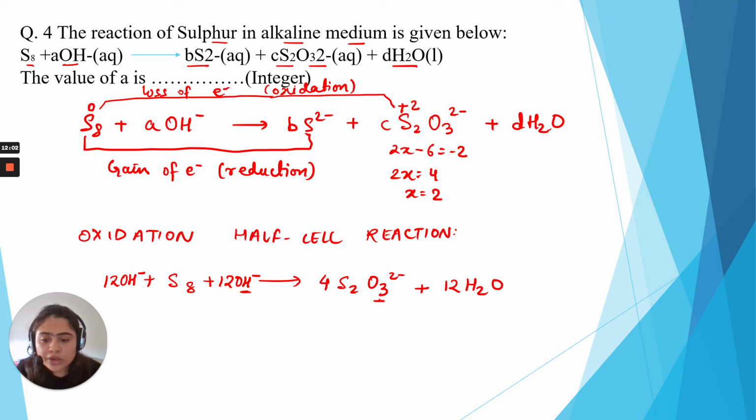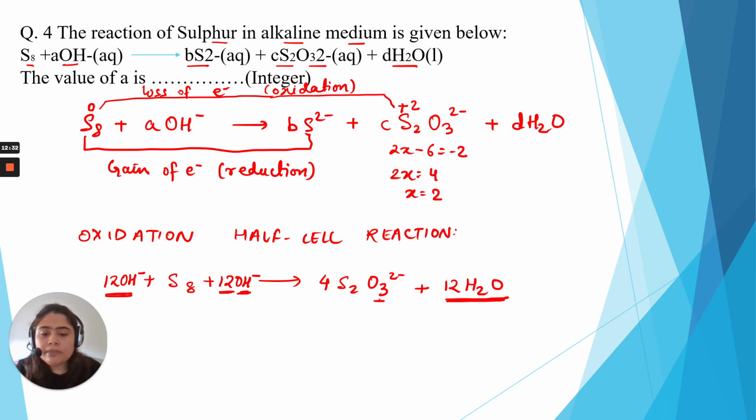Write it somewhere, note it: first we need to balance the atoms. Where there is a deficiency of oxygen, here 4, here 12, whatever number of oxygen atoms is deficient on the left hand side, we will add an equal number of OH minus ions. And now we are having 12 H extra on this side, so the same number of water molecules will be added on the right hand side, and the same number of OH minus ions on the left hand side. This rule will be followed in every reaction.